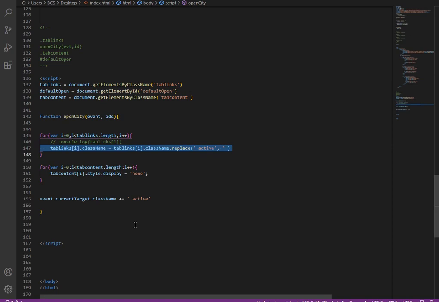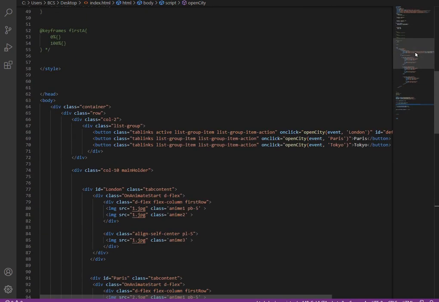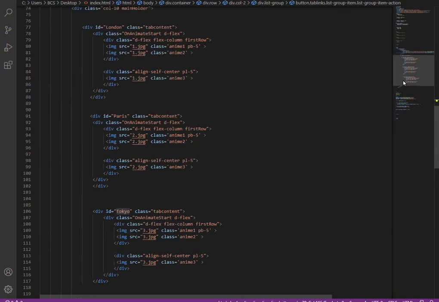And now it's time for the display block for the ID which you have clicked. The function has the ID of each div, isn't it?